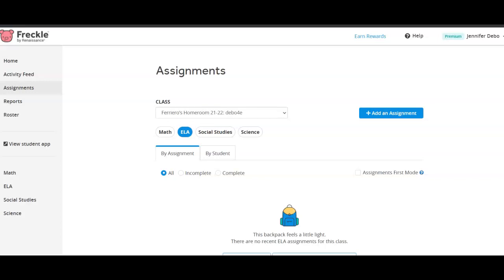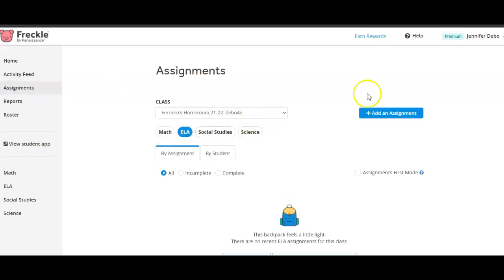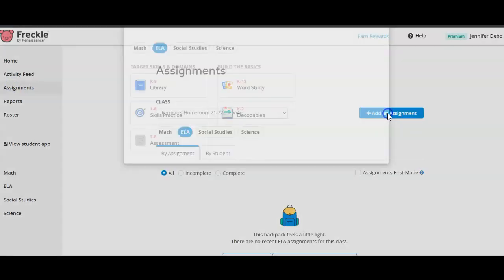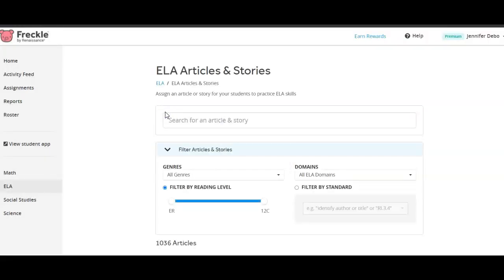So I'm going to go over how to create an ELA assignment. There's a few ways you can do this. Start by making sure that you're clicking on assignments and then the subject that you're looking for, ELA, add an assignment. If you go into library, this will assign articles to your students, which they're suggesting doing 2 articles a